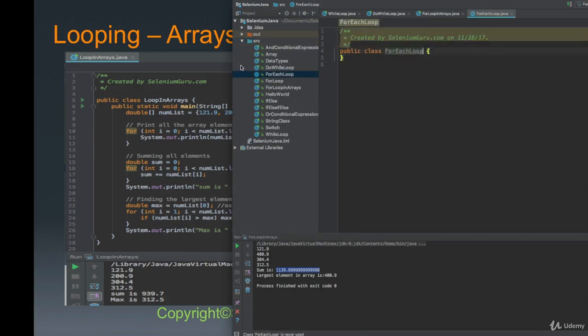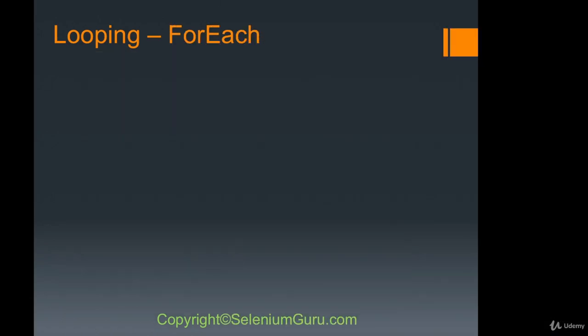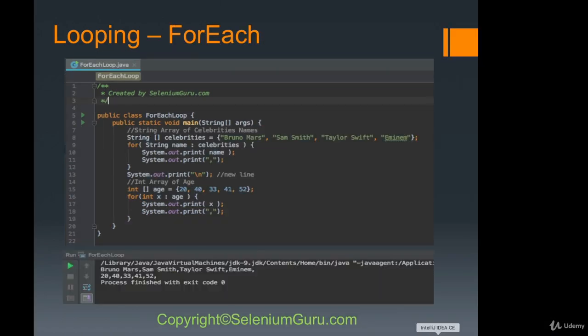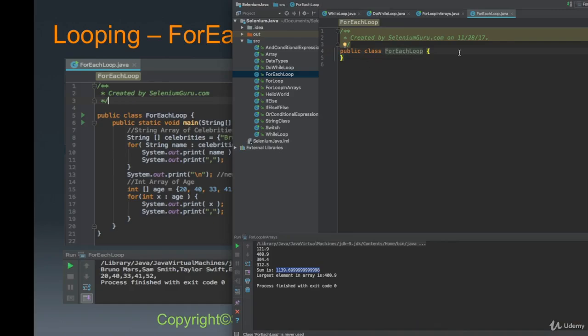I'm going to click OK. So I'm going to go to this next slide, and here again I'm going to do static void main string. You hear sometimes I do string like that, and sometimes I do it on here. You can do either way. Now here I'm actually going to do string celebrities, and in here we're going to do Bruno Mars